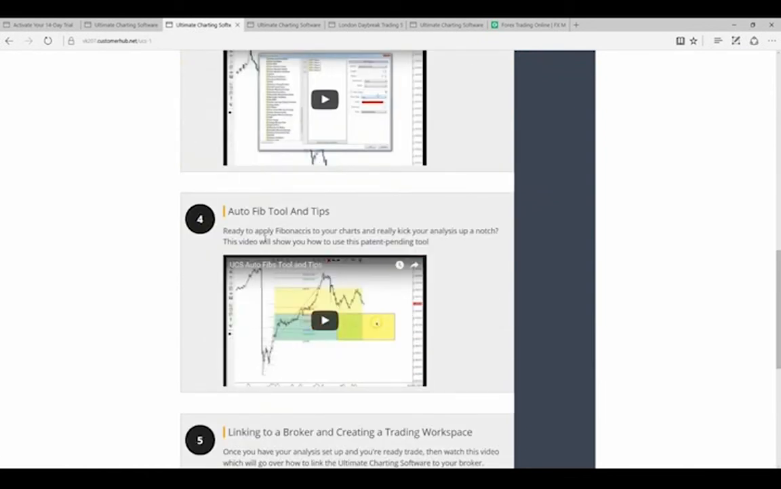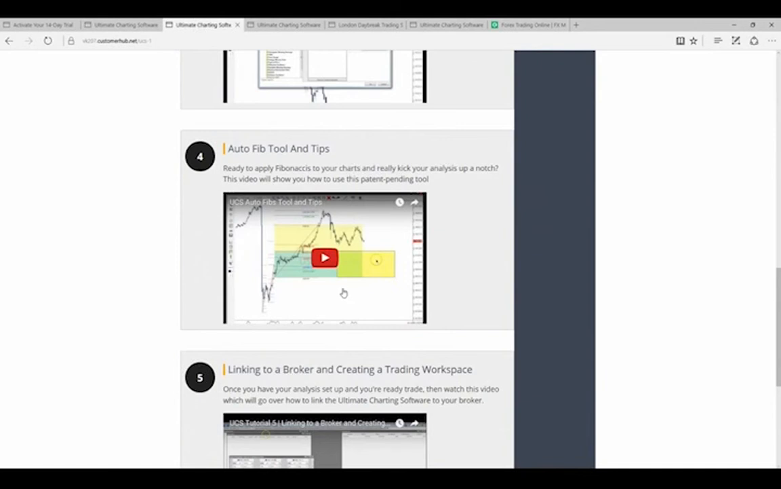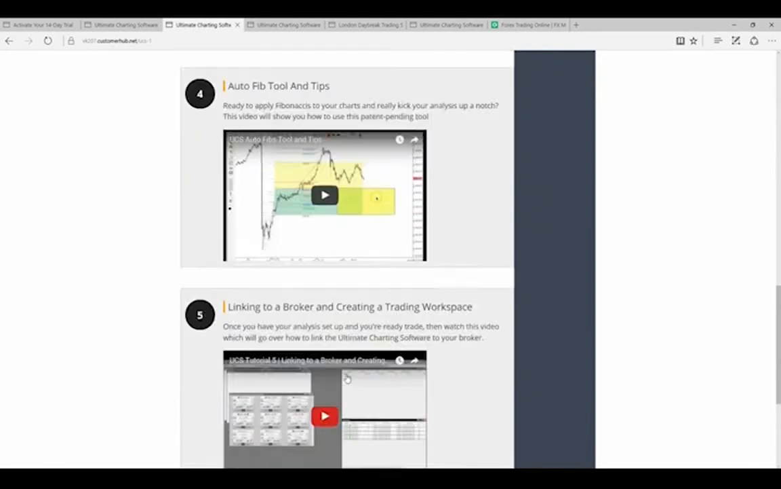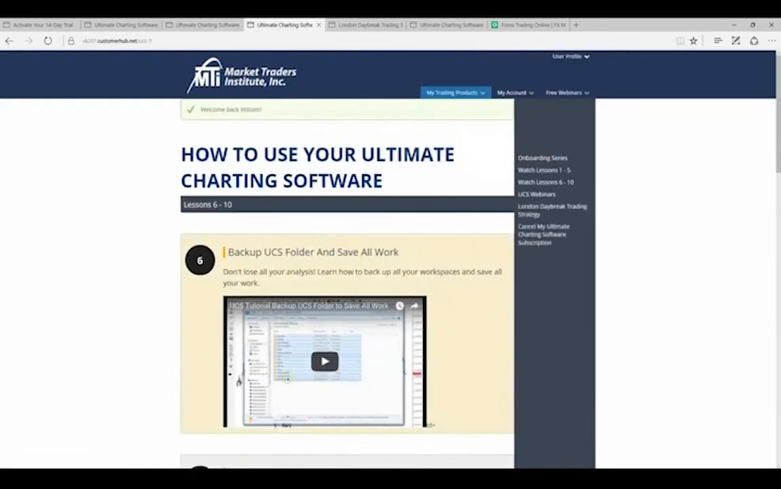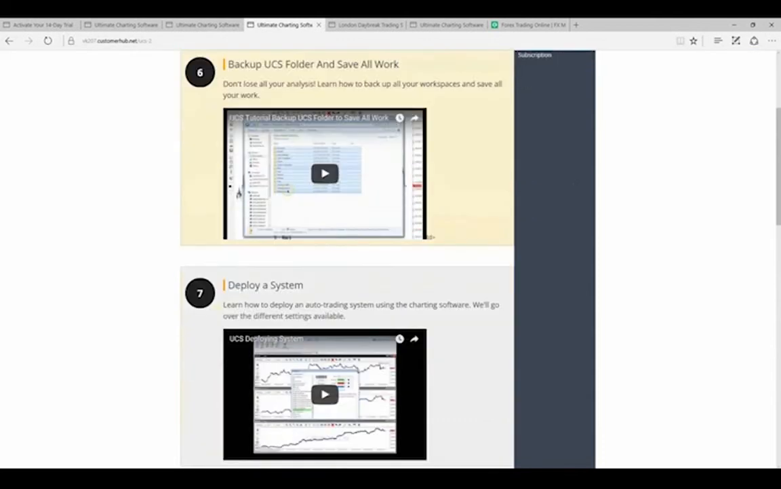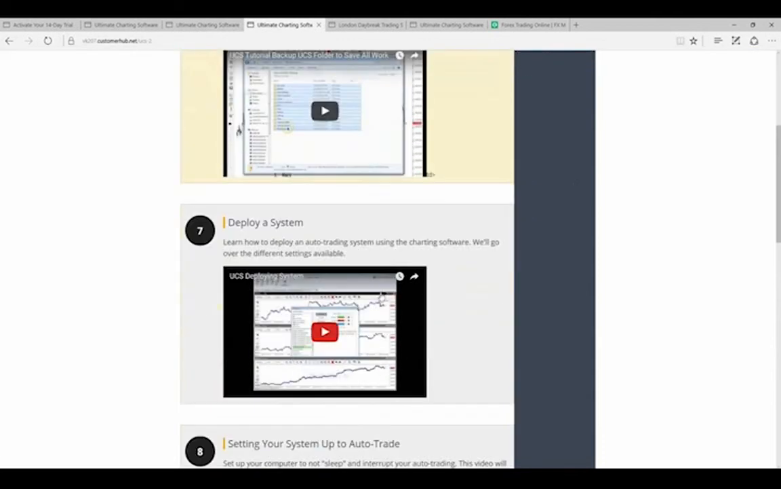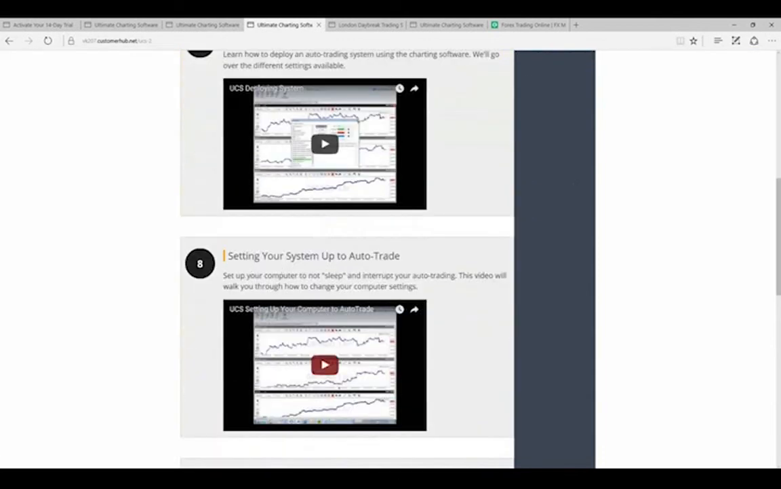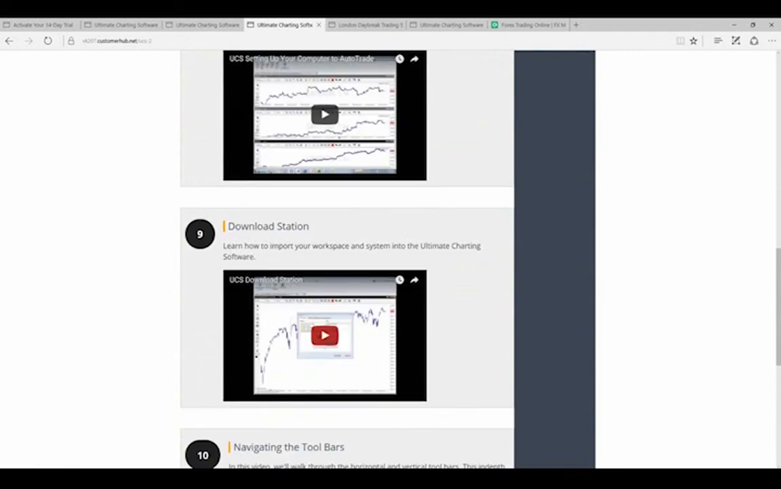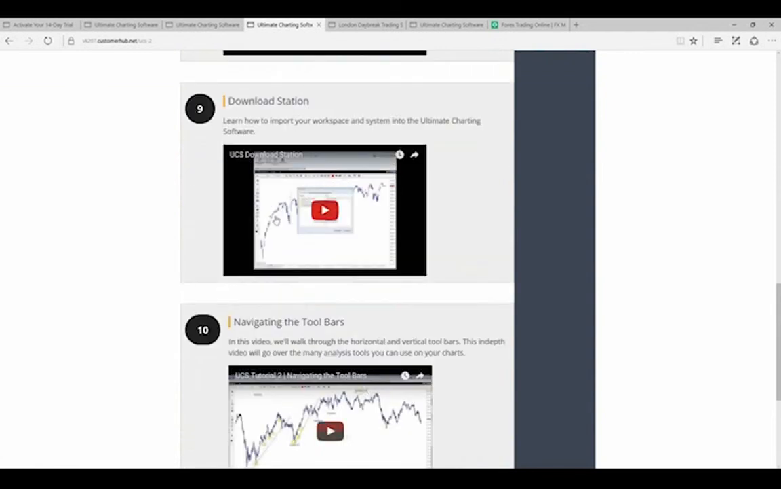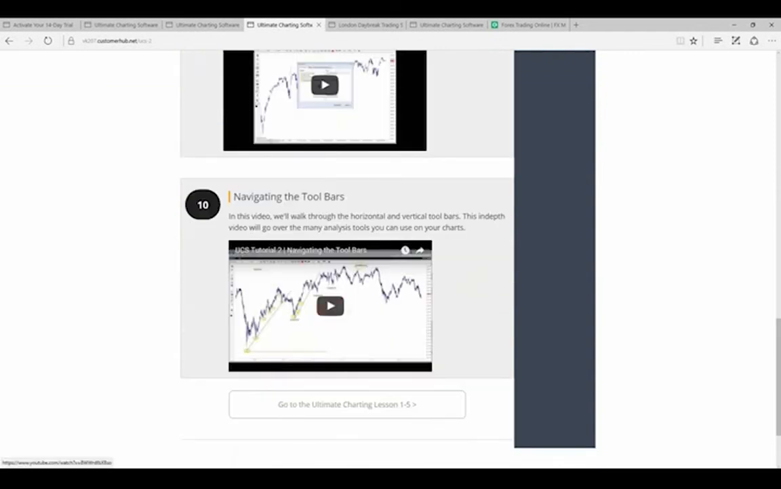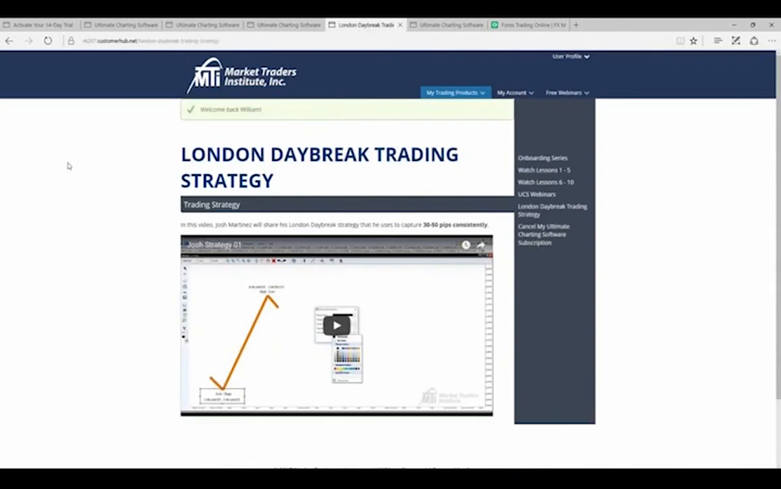That auto Fibonacci tool's built into this. You'll get some lessons on that, and we'll show you how to link this to your broker and how to do the auto trading here. So we'll show you how to back up all your work, how to deploy a system like that system I just showed you, setting up your system to auto trade. We'll teach you how to do that, and you'll be able to download. I'll show you how to download the workspaces and the navigation tools, and you'll get that London Daybreak trading strategy